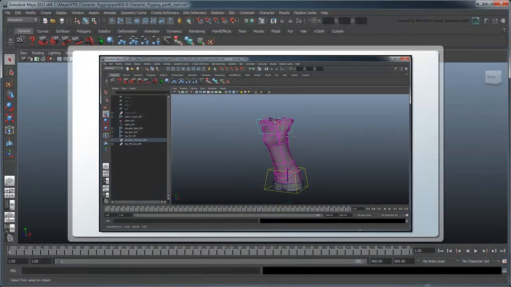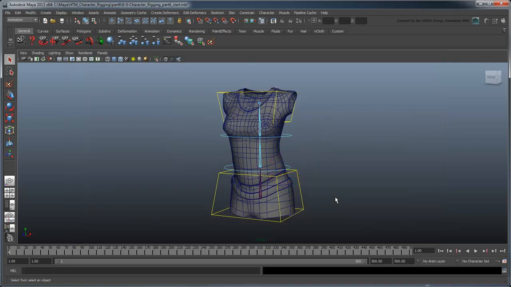In the previous movie, we added the ability to squash and stretch our torso. Since this completes all the functionality we need, this movie will focus on incorporating the torso into the character rig we're progressively putting together. Start by opening the file Character Rigging, Part 6 Start, or by using your own file